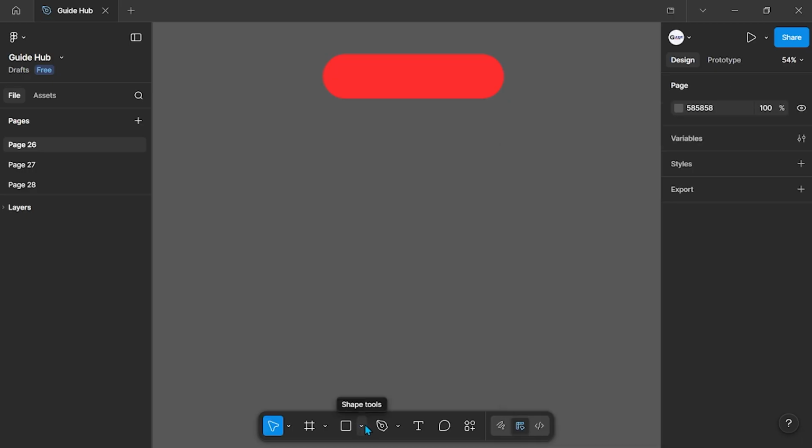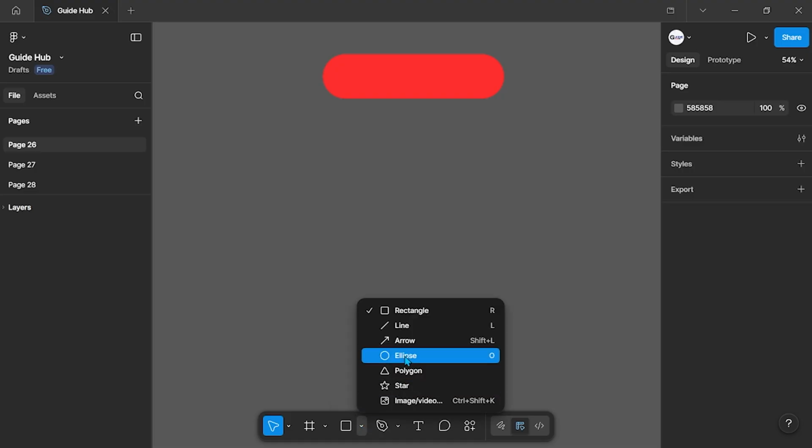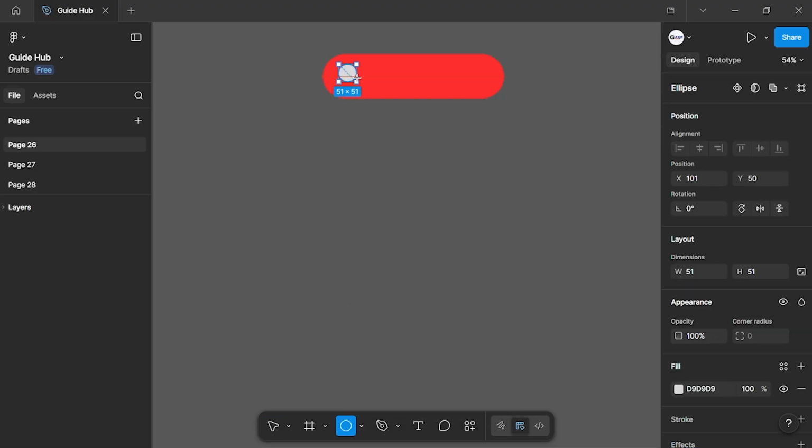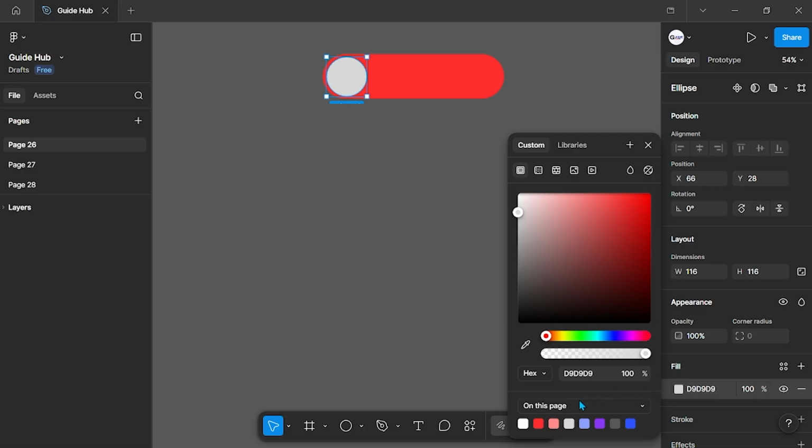After creating the base button, click the drop-down icon on the Shape tools to access additional shapes. From the list, choose Ellipse to create the circular slider element. Click and drag on the canvas while holding the Shift key to draw a perfect circle. Adjust the position of the circle so it matches the layout shown in the video and sits properly inside the rectangle. Once the circle is placed, change the circle color according to your needs so it contrasts with the button